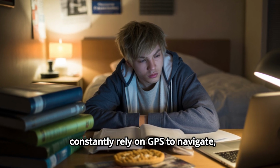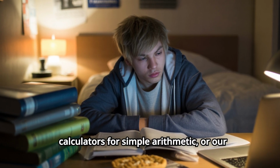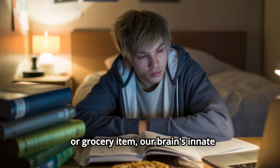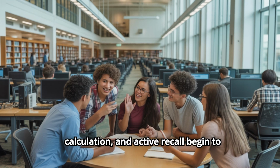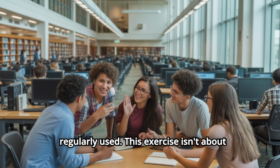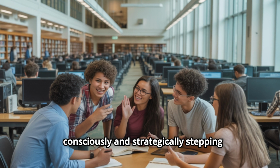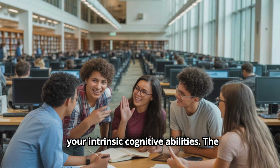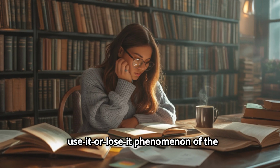When we constantly rely on GPS to navigate, calculators for simple arithmetic, or our phones to remember every contact number or grocery item, our brain's innate capacities for spatial reasoning, mental calculation, and active recall begin to atrophy, much like a muscle that isn't regularly used. This exercise isn't about shunning technology entirely, but about consciously and strategically stepping away from it to reclaim and strengthen your intrinsic cognitive abilities. The principle behind limiting technology dependence is rooted in the use it or lose it phenomenon